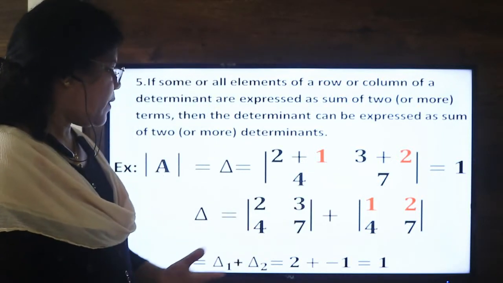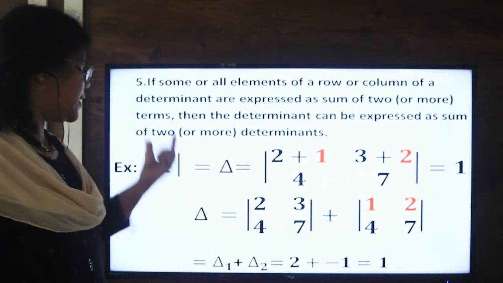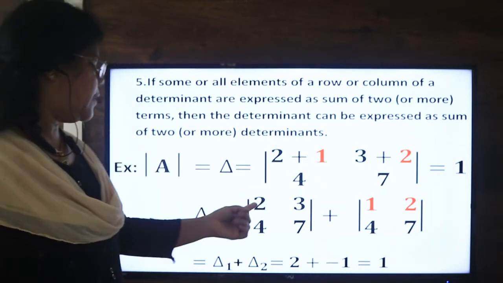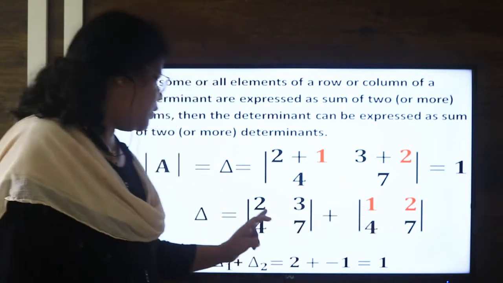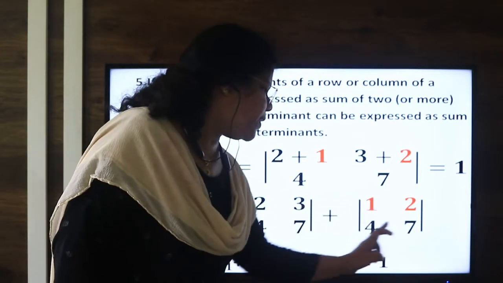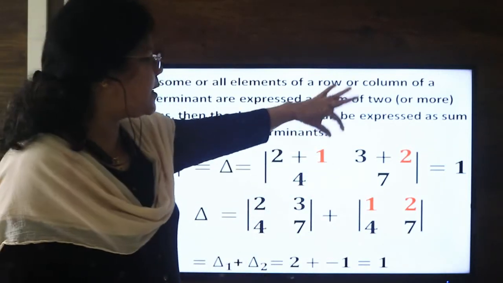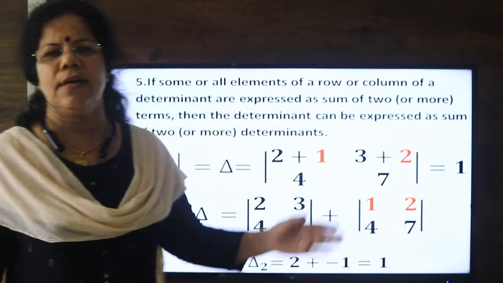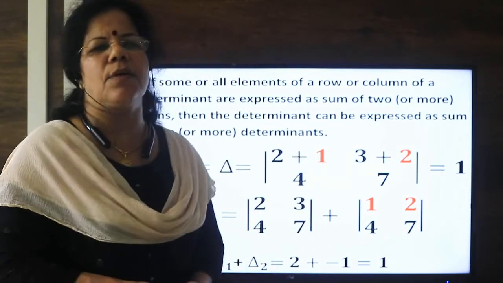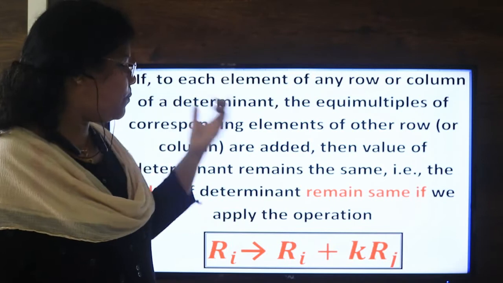Now you see, determinant can be represented by the letter delta, capital delta. Here delta 1 plus delta 2, that is 2 into 14 minus 12, 2, plus 7 minus 8, negative 1. 2 plus negative 1, which is 1, and previously by direct expansion we got 1. Value of the determinant is the same. So any number of ways we can express it as a sum of different determinants. Right?